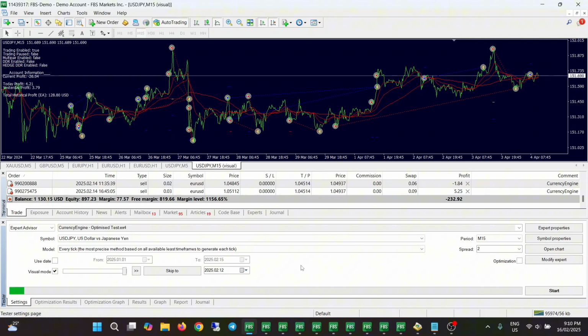So in front of us, we've got a quick little visual backtest that I've done on Currency Engine on USDJPY, M15 time frame. All I wanted to show is that I only let it run from the 25th of March to the 4th of April. So it's only been like a week. I basically started this on a $10,000 account, and it's trading 0.5% of the account because it's doing simultaneous buys and sells at the same time. The reason why I wanted to show this is that at the end here, this little part here, we can see that a nice